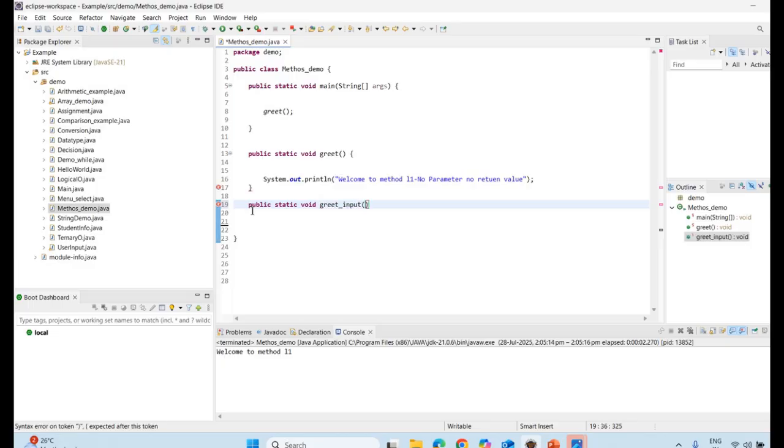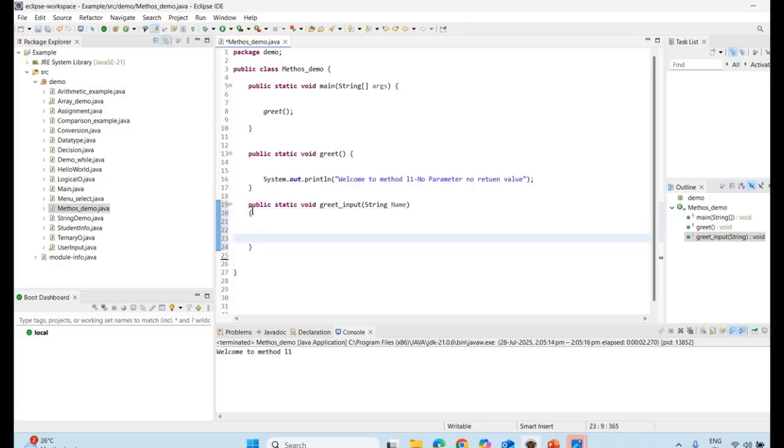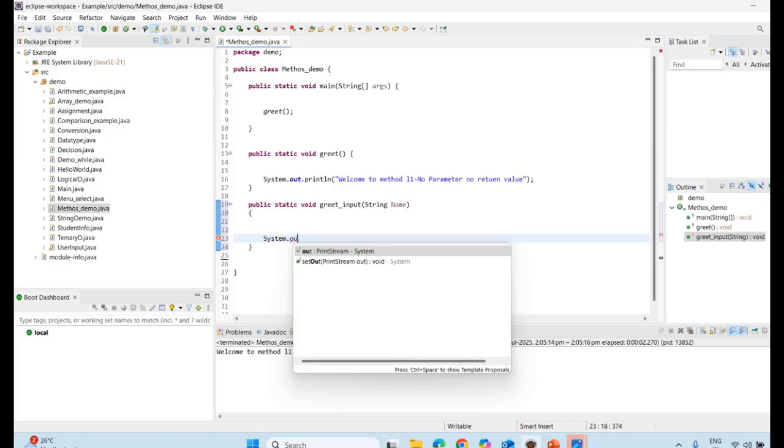And we are taking one input value here. So we are taking the name of a person. So I give it String name. And as it is a method, it has an opening and closing bracket. Then I have to print a statement, that is, whatever input I have taken, I have to print that